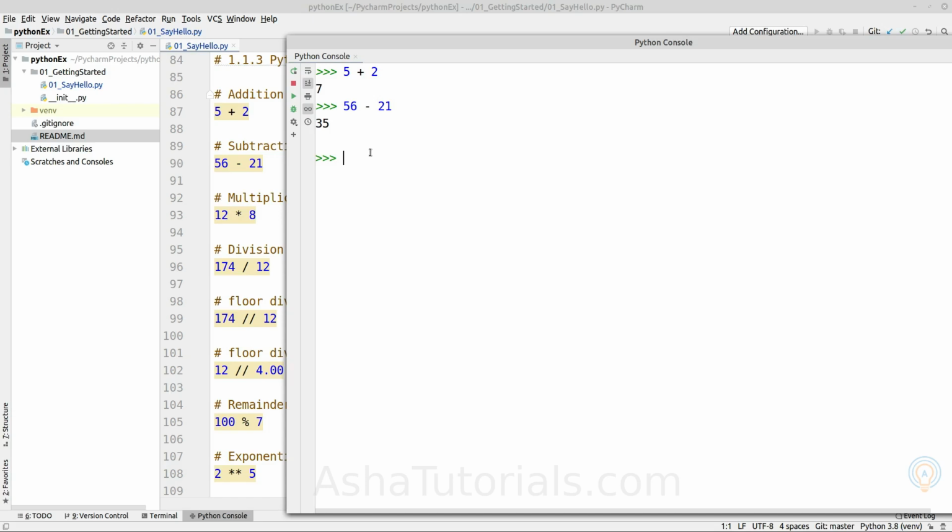21, it will subtract, multiply, and for division of integers, it will give the result as a float. So if we want the result as an integer, we need to use //, which will give the result as an integer, okay? For the division of